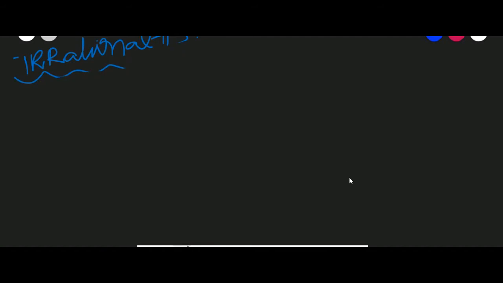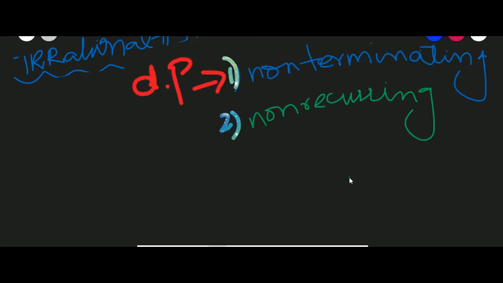The number is not in p/q form, the number is in decimal form. So how are we going to recognize whether this is a rational number or an irrational number? For that purpose, keep these two things in your mind. In the decimal part, the numbers will be non-terminating and non-recurring. ना ही वो फाइनाइट नंबर्स होंगे डेसिमल पार्ट में, और ना ही वो एक स्पेसिफिक पैटर्न अपने आप को रिपीट कर रहा होगा, ठीक है. They will not repeat themselves in blocks.